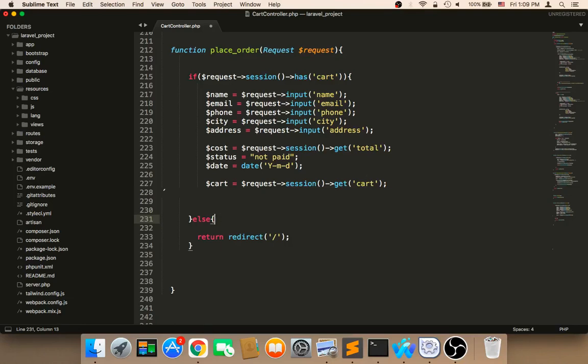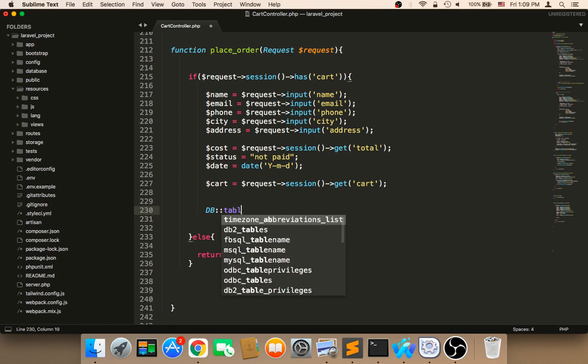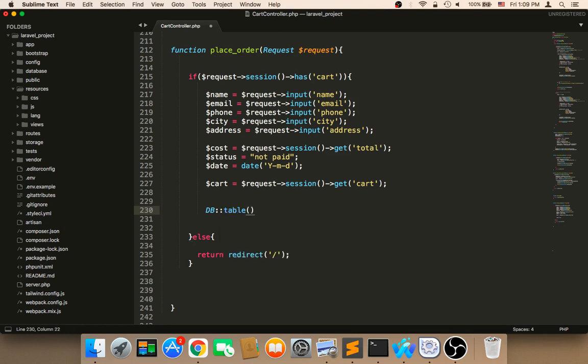Having gathered the information that we need in order to place and create an order, now it's time to insert that into the database. So what we need to do is use the database table in order to insert that into the orders table. I'm going to say database table, and then I'm going to be using the orders table. And in order to insert something in the table, we need to call a function called insert